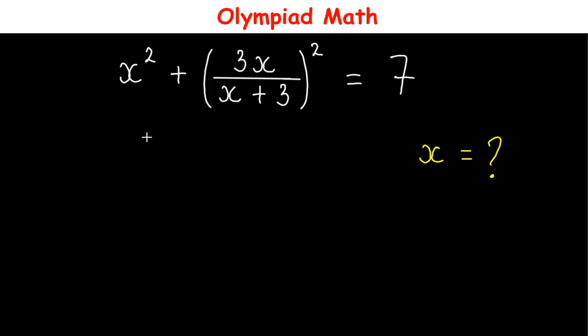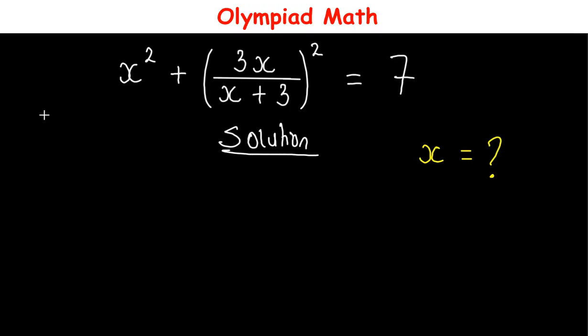Hello everyone, in this video let us solve this question. We have x squared plus (3x over x plus 3) all raised to power 2 is equal to 7, and here we want to solve for the value of x. So to solve this, solution,